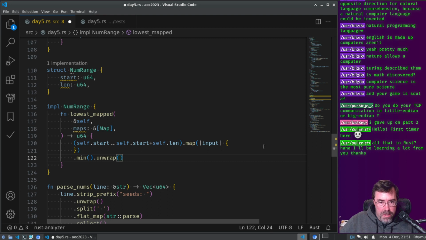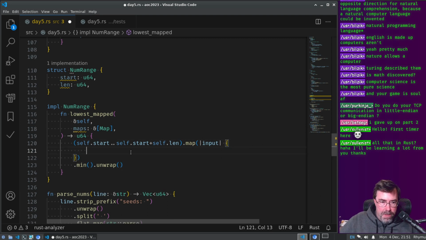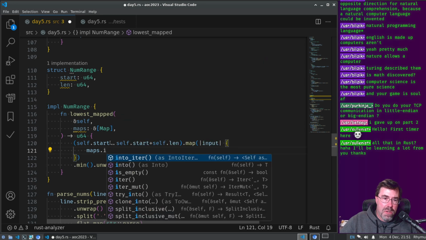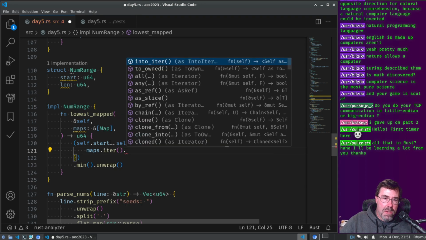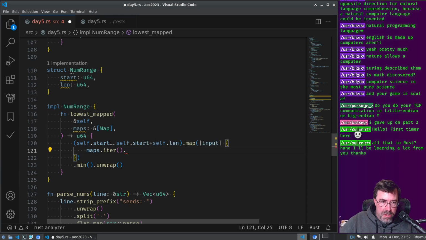Unwrap that. Okay, so for each number in the range, we need to have it go through all these maps. So that would be maps dot iter dot... let me think about this.